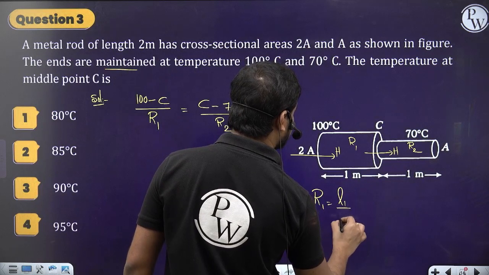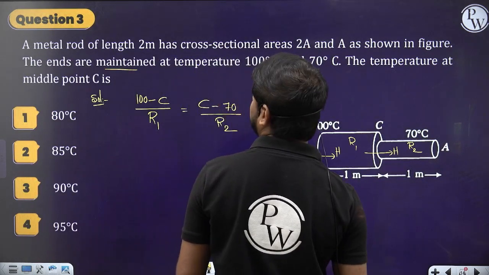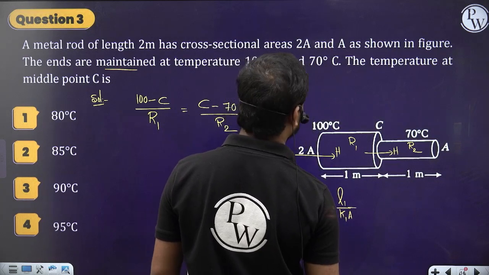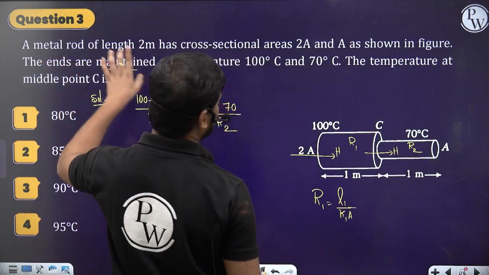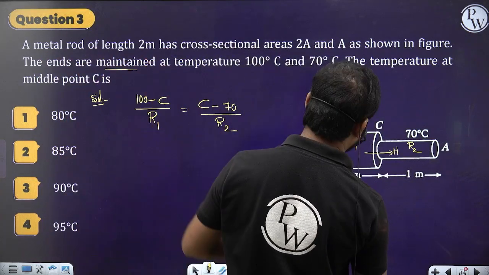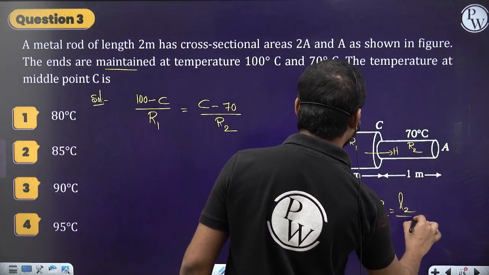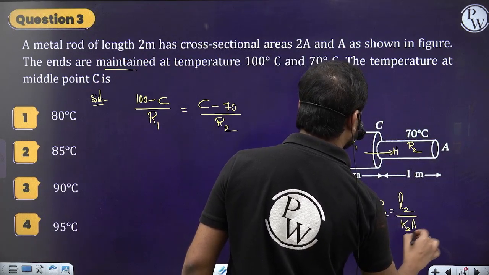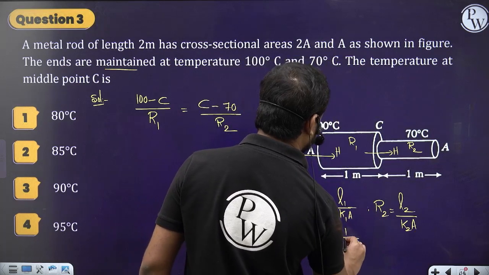R1 is L1 by K1A. Right? So then their K1, K2 values are given in the question. A metal rod of length 2 meters. Same rod, K is same. So R2 is equal to L2 by K2A. So then I can write, L1 is 1 by K1 is K,